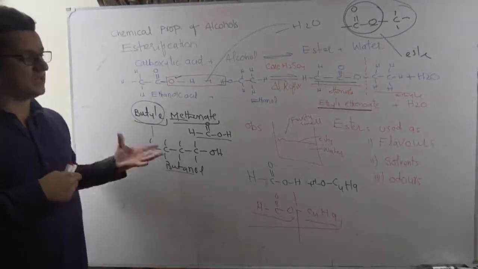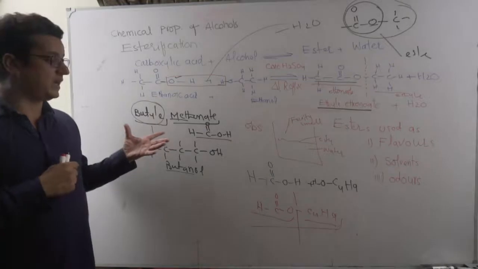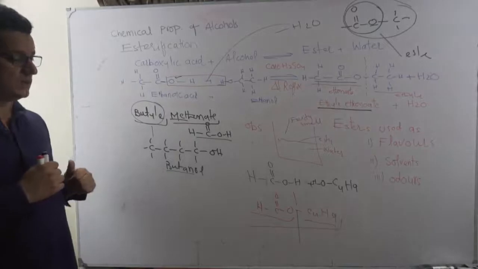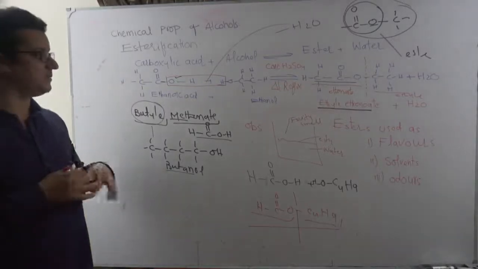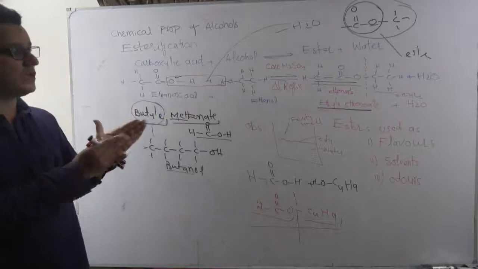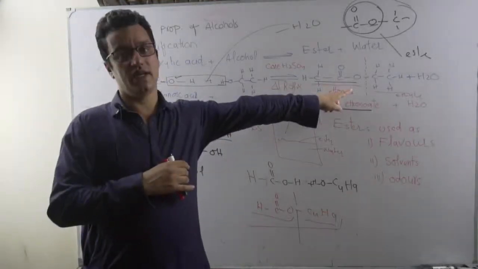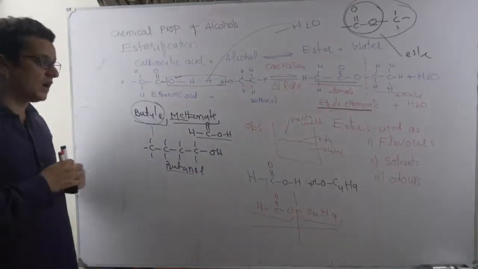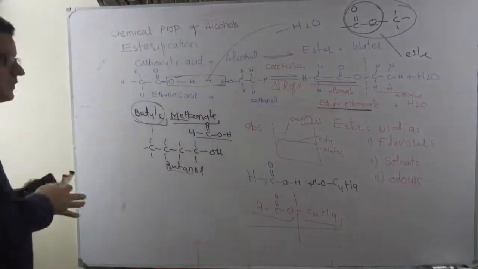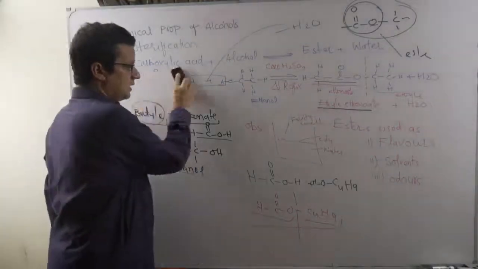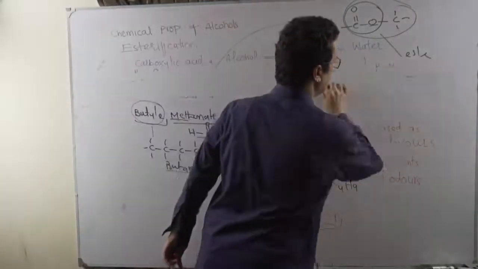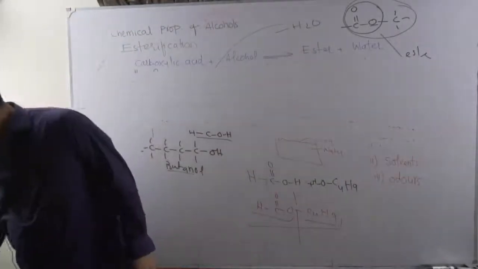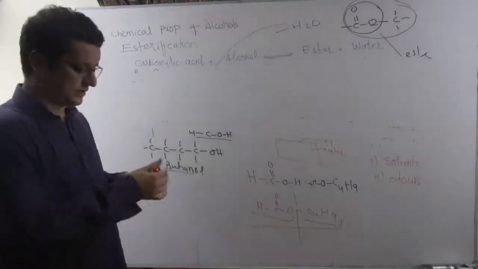So we can practice making esters by using a variety of carboxylic acids and a variety of alcohols, but the criteria should always remain the same: OH from here, H from there, and the rest of the molecule condenses and turns into the respective ester depending on what kind of alcohol or carboxylic acid is used. Okay, fine. Sometimes you may be asked to hydrolyze an ester or